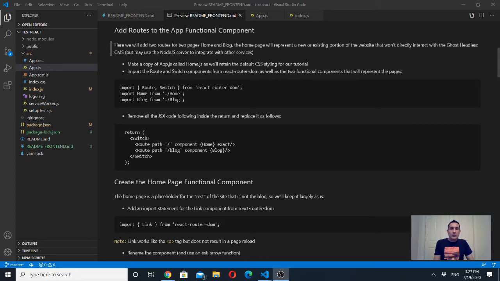We're going to add two routes for the two pages we're going to create, the home page and the blog page. The home page is going to represent the new or existing website that we have and all the content that would not have anything to do with the blog. For all intents and purposes for this tutorial, all it's going to be is a link to the blog page. The blog page is going to contain a list of posts that we use Axios to get from the